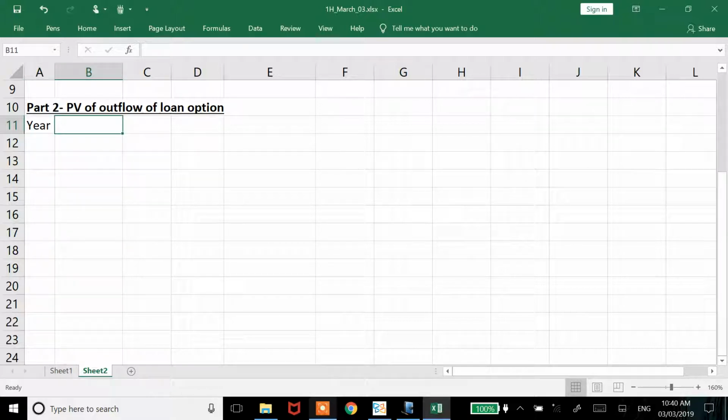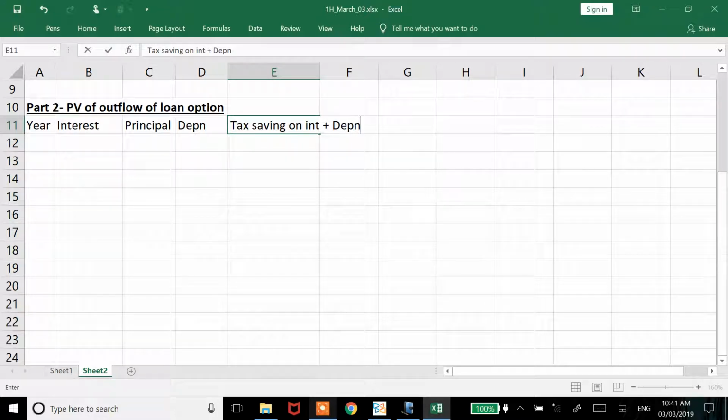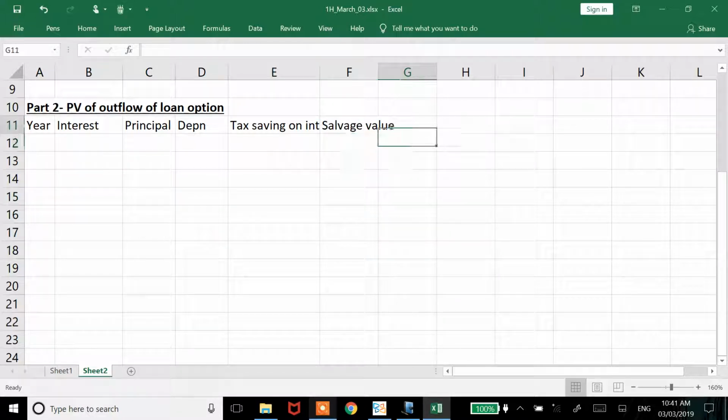Okay, listen, we can have multiple columns. Let's just freeze on the columns. There is going to be year, interest, principal, depreciation, tax saving on interest plus depreciation, salvage value, NCF, PVF and DCF. Net cash flow is interest plus principal minus tax saving on interest and depreciation